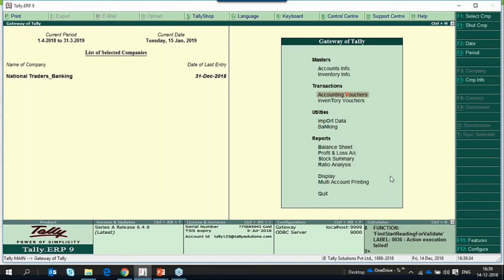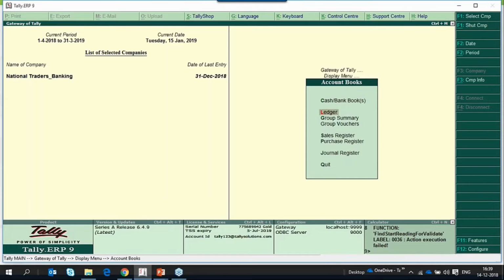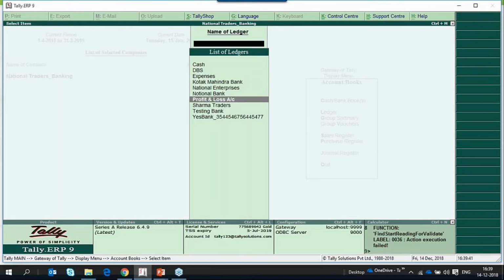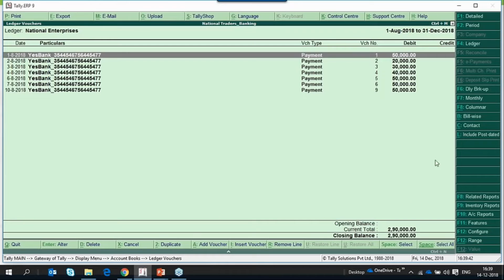Now when I go to display, accounts book, ledger, and go to National Enterprises, that transaction of 25,000 is not listed here. And the current closing balance is, the ledger has a debit balance which is an outstanding receivable of 2,90,000.